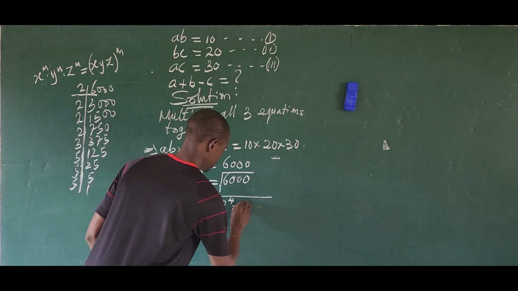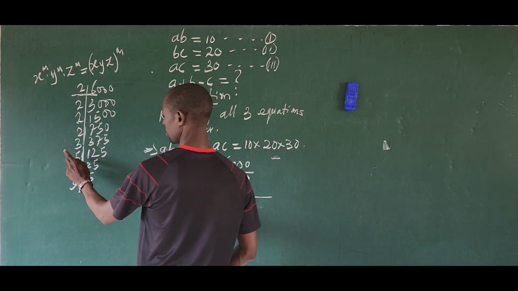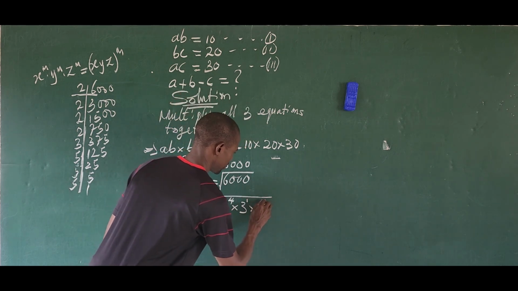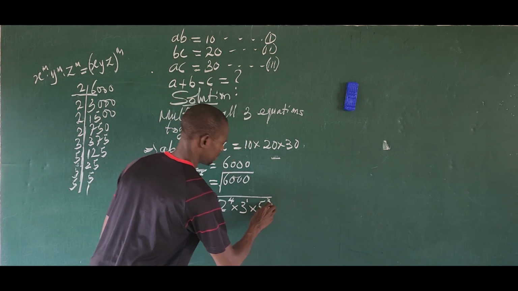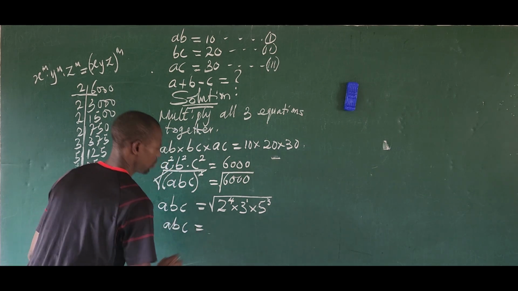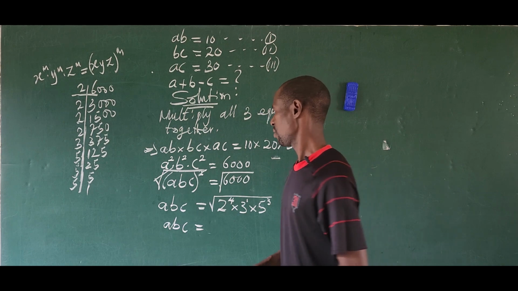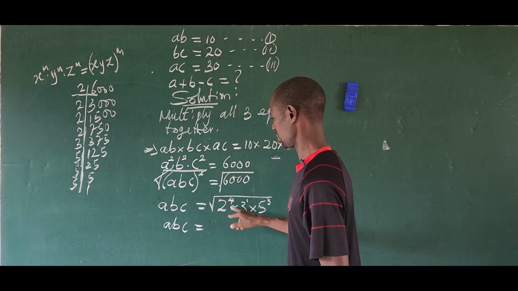We just have 1, so we have 3 to the power of 1. And our 5, we have 1, 2, 3. So we have here 5 to the power of 3. All right, so we now have our abc is equal to